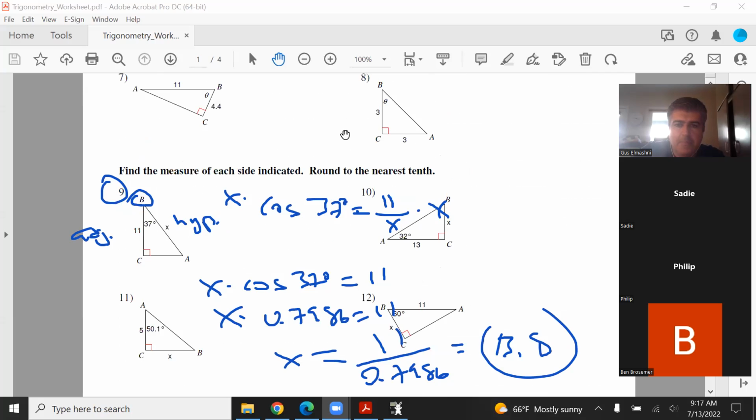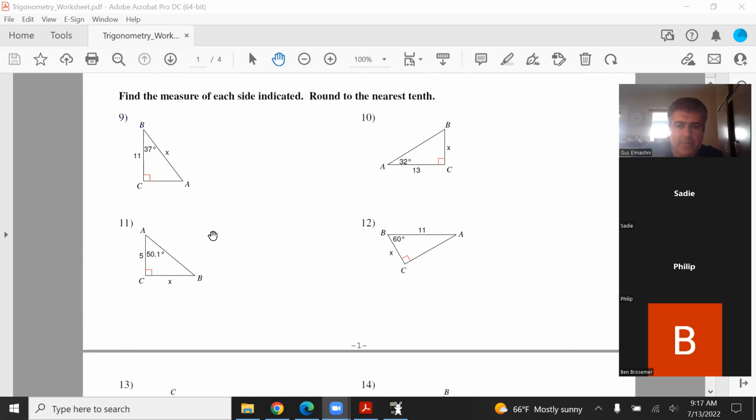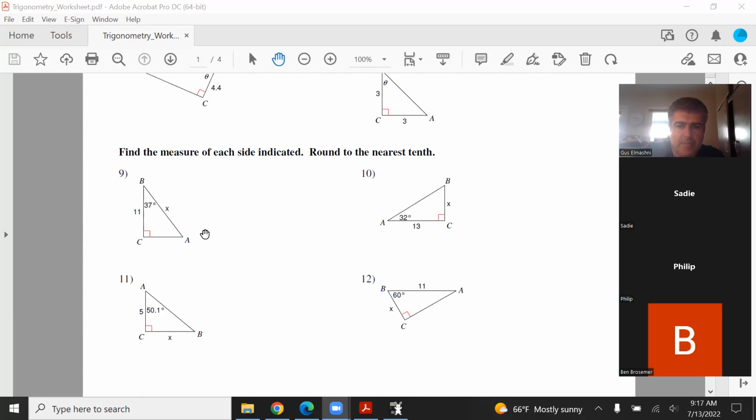Let's try it one more time. And then you have others that you can do, again, a lot of drill and kill here. So here you got 32 degrees. X is clearly opposite of 32 degrees. 13 is clearly adjacent. So sine of 32 degrees equals x over 13. Great. Right? That's your